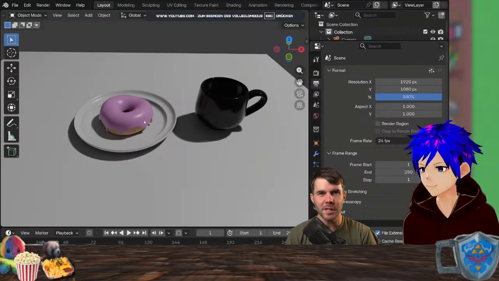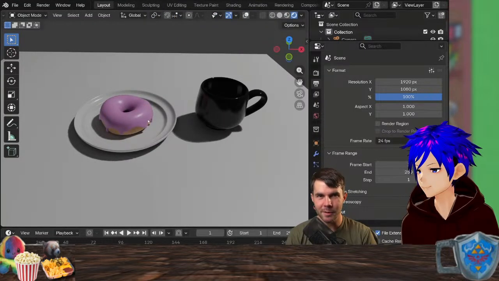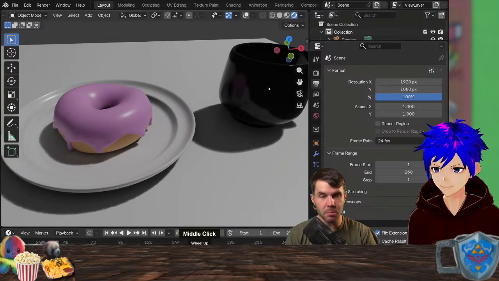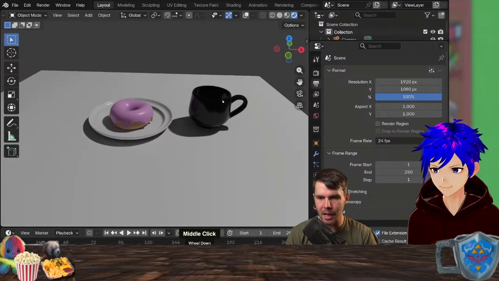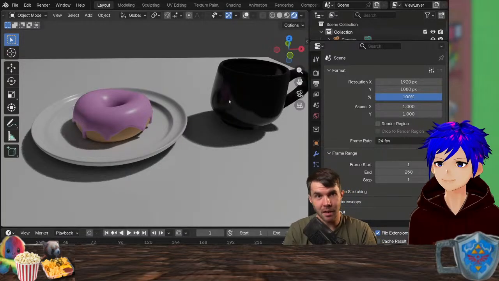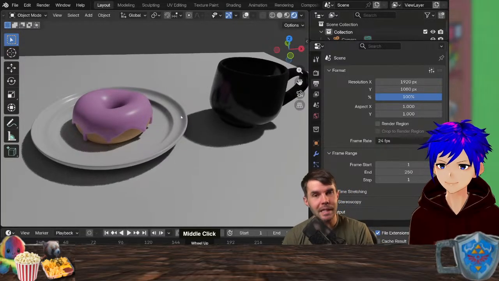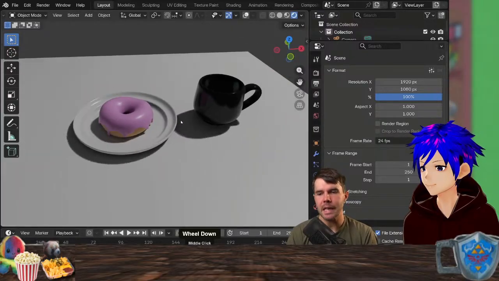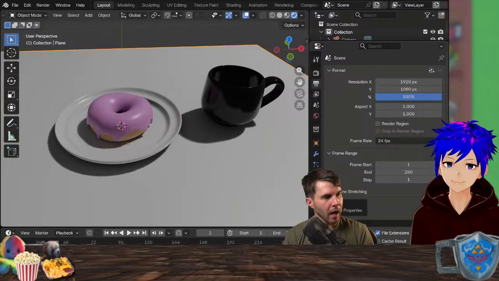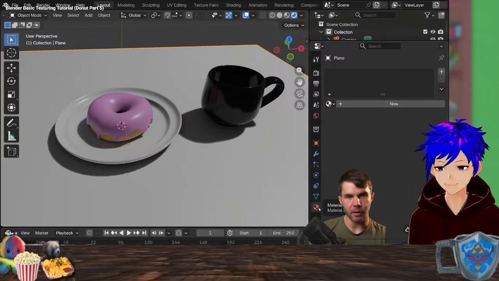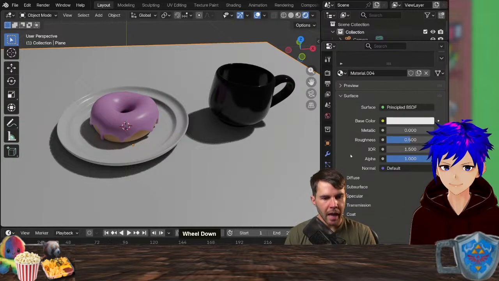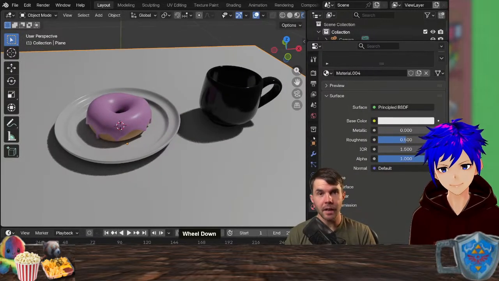It's time to texture these bad boys, finally, after hinting at it for so long. So we added some simple materials, and that is actually fine for some types of objects. Like you might actually have a plate and go like, it's just white plate. Doesn't need any texture, but most things need texture. So I'm going to select my table floor here. I'm going to go to the material panel right here, and I'm going to add a new material since it doesn't have one. And let's look at how to add a texture.